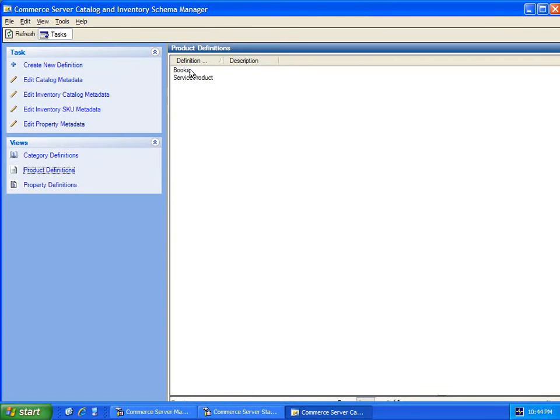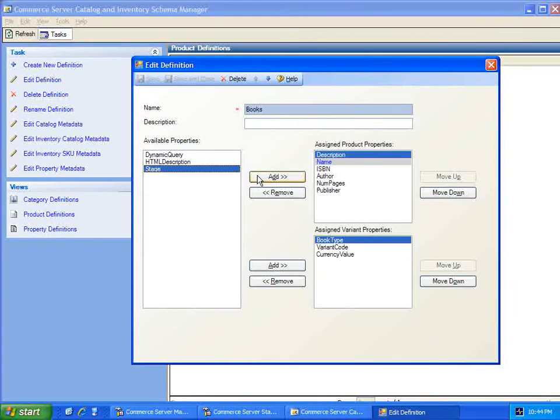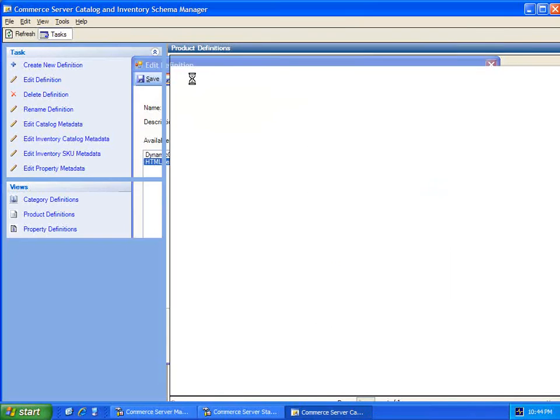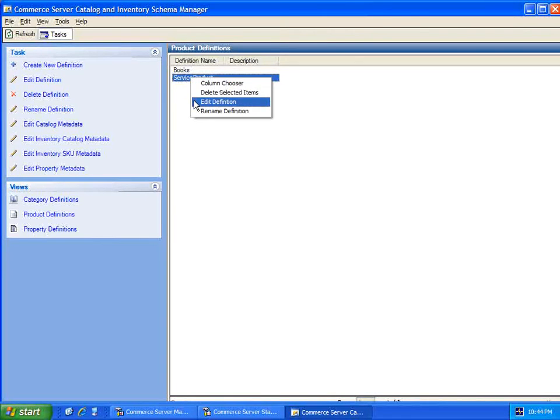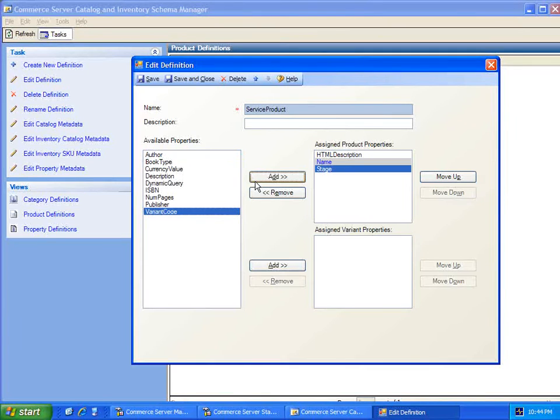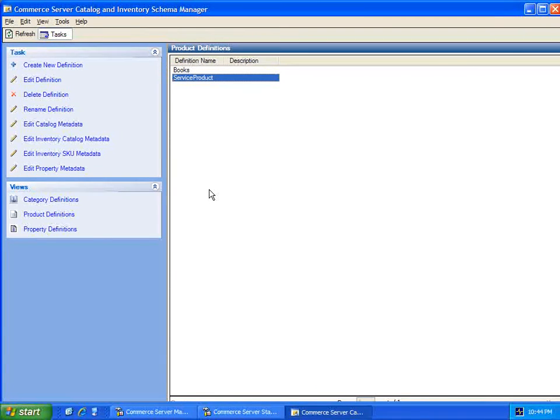So in our product definition, we want to say the same thing for books, as well as our service products. Okay. So now that that's done,